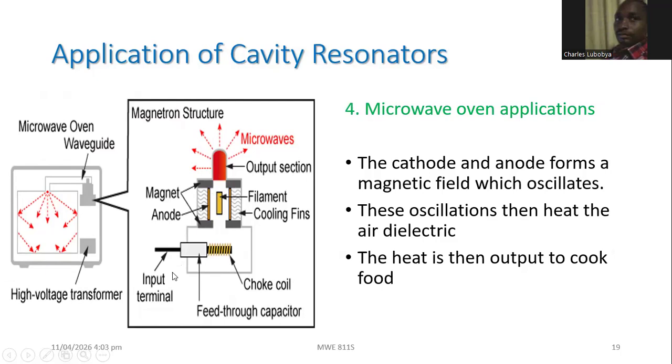And once you create them, you need to maintain them. To maintain those oscillations, you need the filament, which acts as a negatively charged cathode, and then you have the anodes, which are positively charged. The oscillations created in this first part are then channeled here, and then you've got what is known as a magnetron,